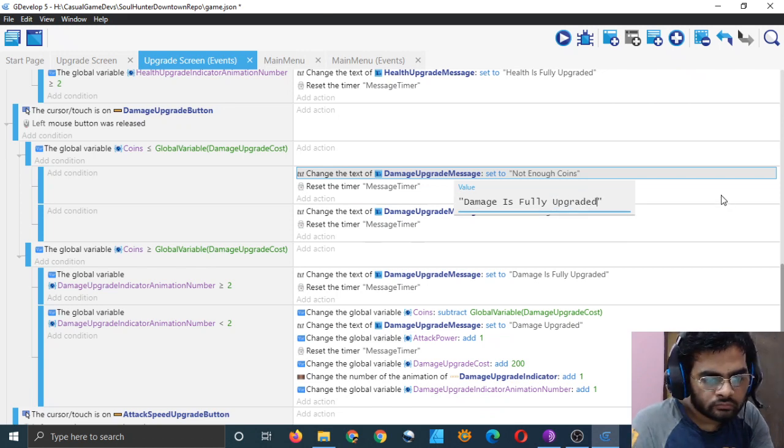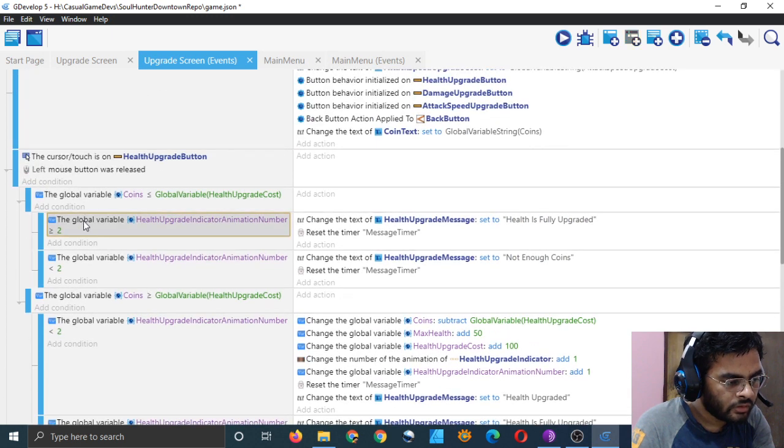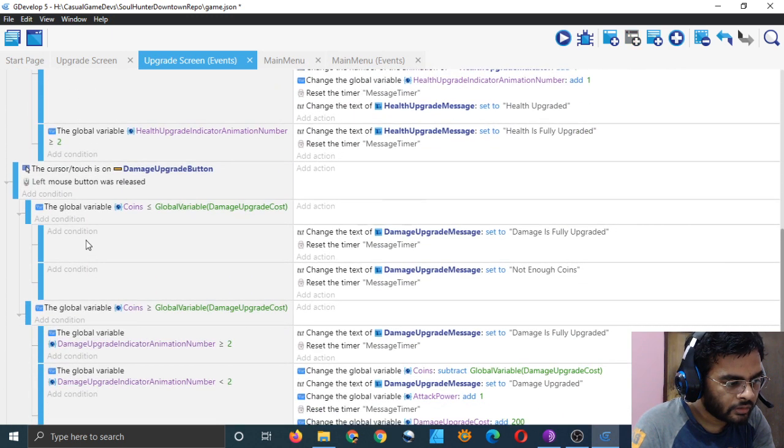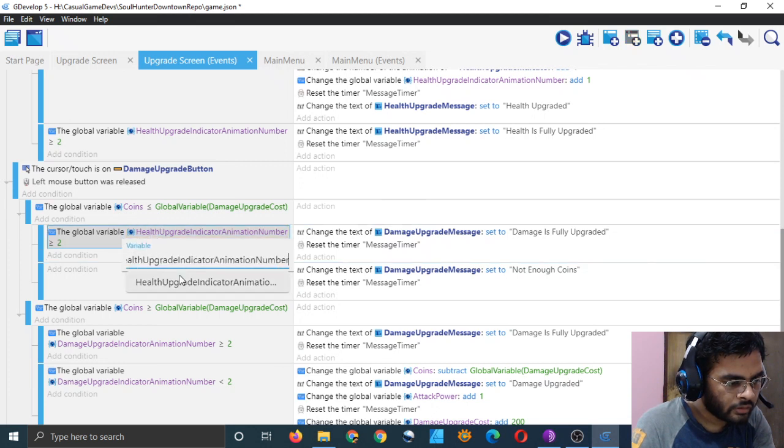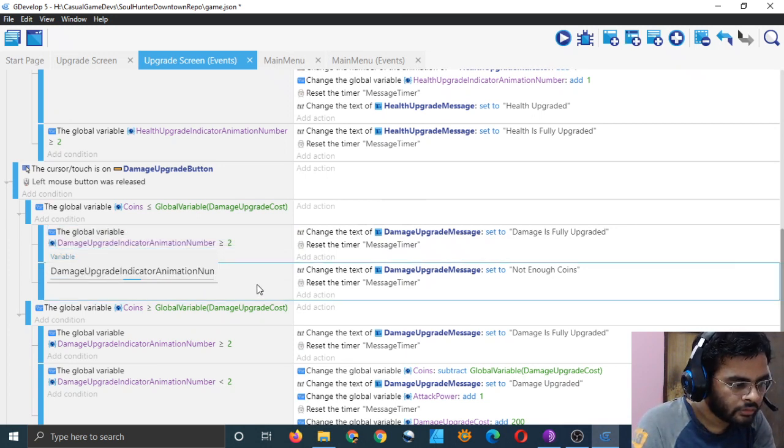Here, not enough coins. Conditions, let's copy this and paste it here and change the health upgrade to damage upgrade indicator.